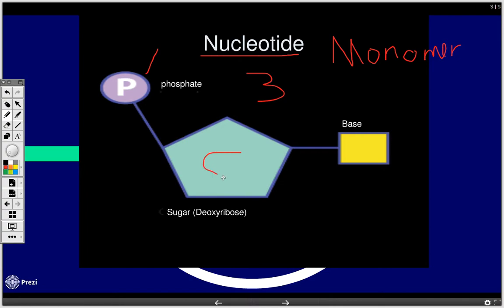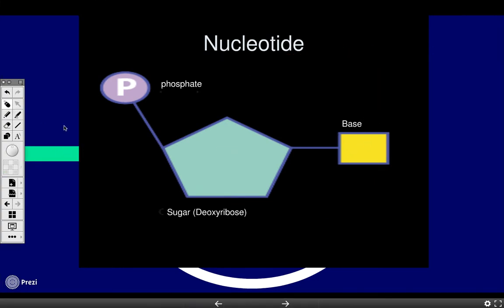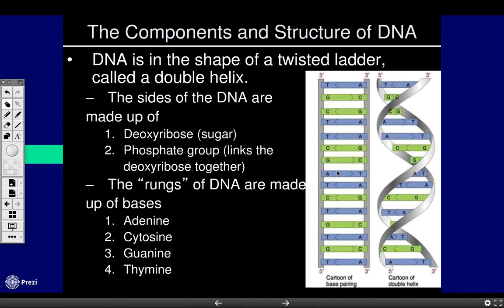This comes with a sugar, and in our case, since we are talking about DNA, we're talking about deoxyribose sugar. And then lastly, a base. So as we're looking at all of these things, our main what for today is these components